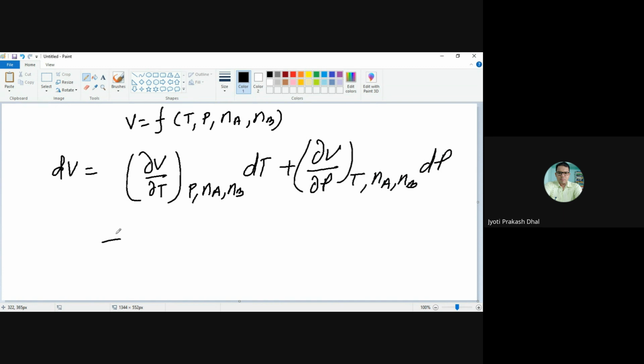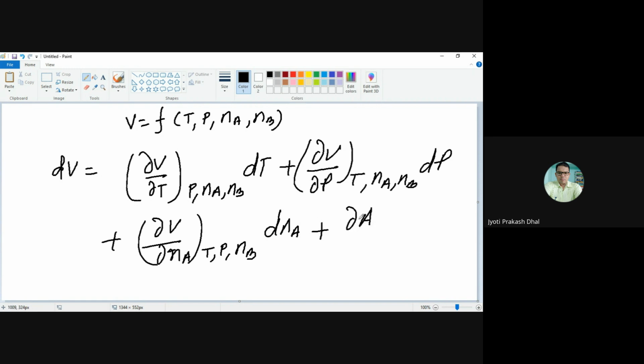The third term will become del V by del N_A at constant temperature, constant pressure, constant number of moles of B, dN_A, and the fourth term will become del V by del N_B at constant temperature, constant pressure, constant number of moles of A,